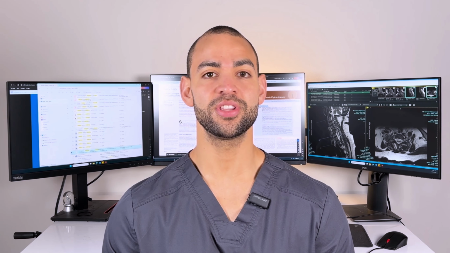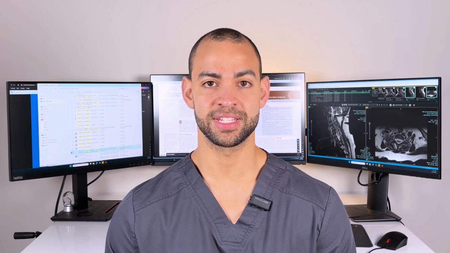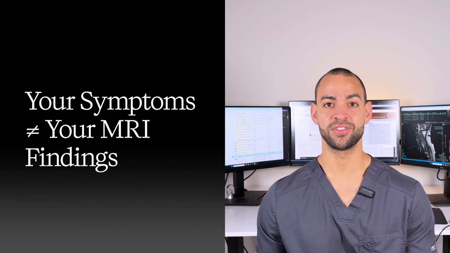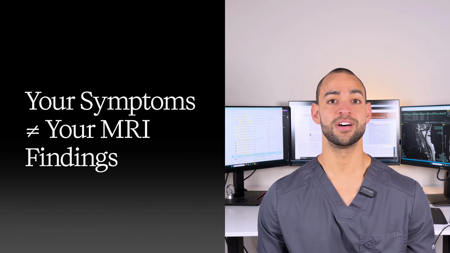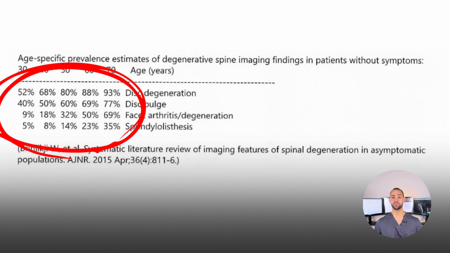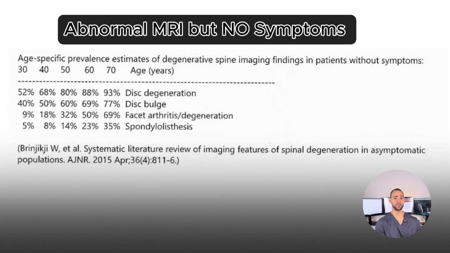All right, here's the part I think will actually make you feel better. One of the most important things I've learned doing this for years is this. The severity of your symptoms and the severity of your MRI findings are not the same thing. Studies on asymptomatic adults, meaning people with zero neck pain, no arm symptoms, show that a huge percentage of these patients have disc herniations, disc degeneration, foraminal stenosis, even spinal canal stenosis on their MRI, meaning their spine looks abnormal on imaging, but they feel